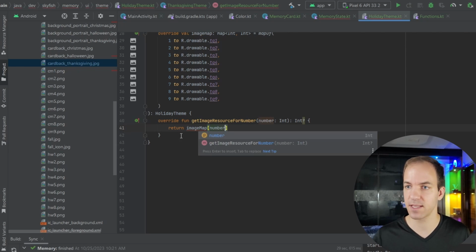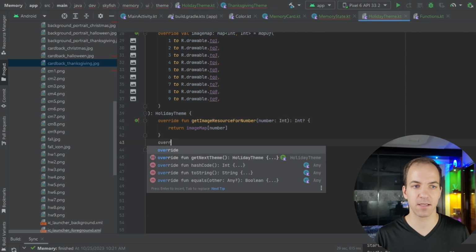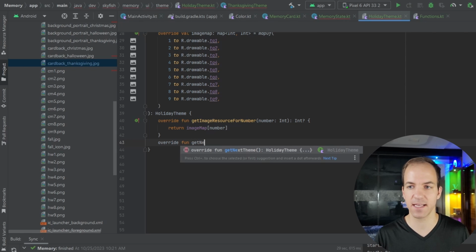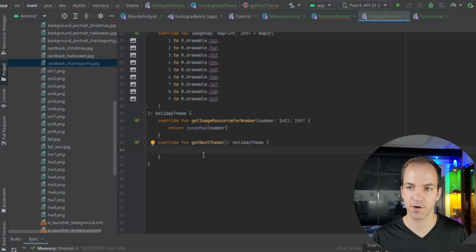And this is just going to be this number parameter that's passed in. And then after that, we can say override fun get next theme. And here, this is going to return a holiday theme. And inside of here, all I'm going to do is set Thanksgiving to Halloween, and Halloween to Christmas, and then Christmas back to Thanksgiving. And we're just going to go in a circle. So I'm going to say return